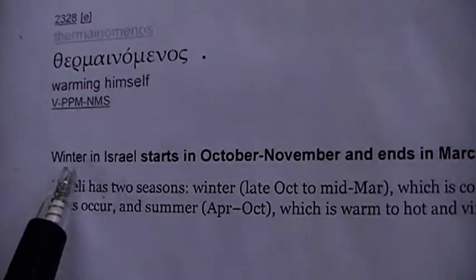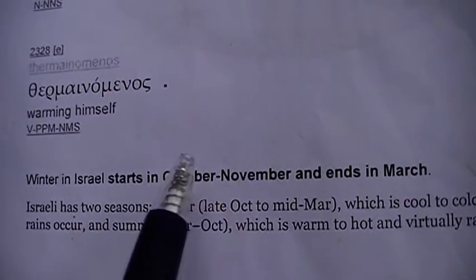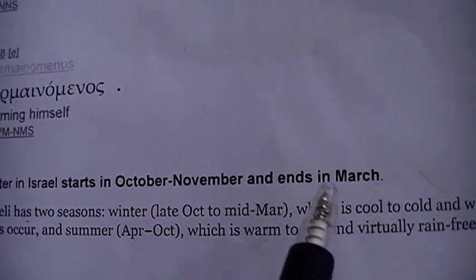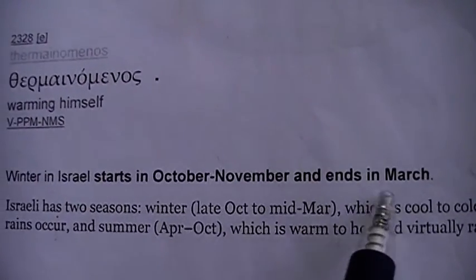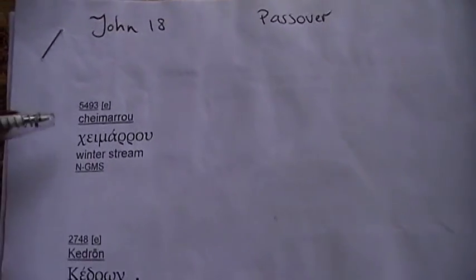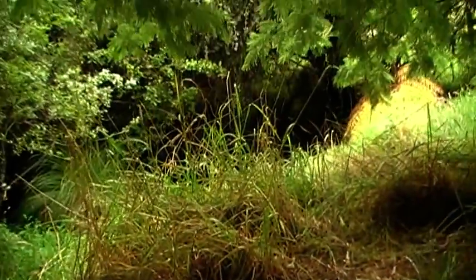It says winter in Israel starts October, November, so late October into November, and ends in March. Okay? The Passover happened in the winter time frame, what they consider winter in Israel. Now,